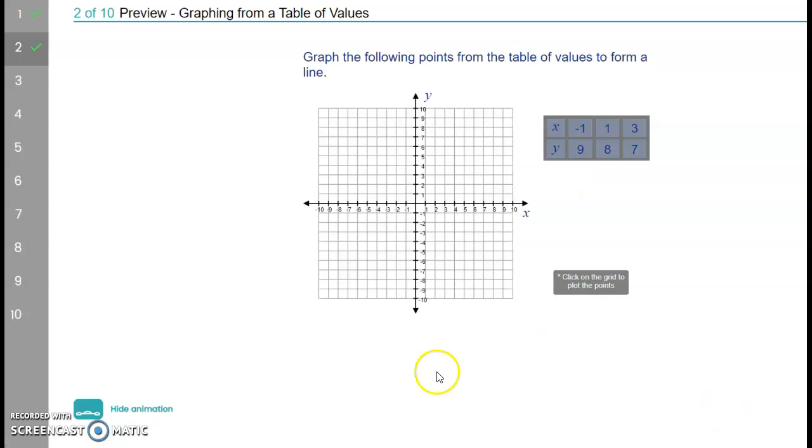So let's just do one more of those. So plotting the points, minus 1, 9, go up to the top there, 1, 8, so it's a 1 on the x, 8 on the y, and then 3, 7. Plot those points,